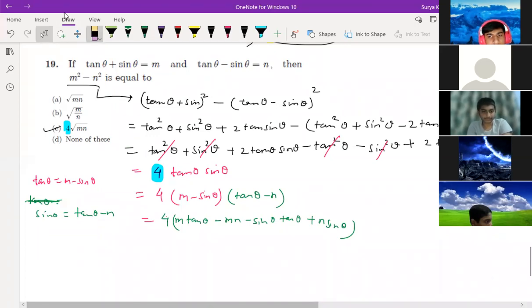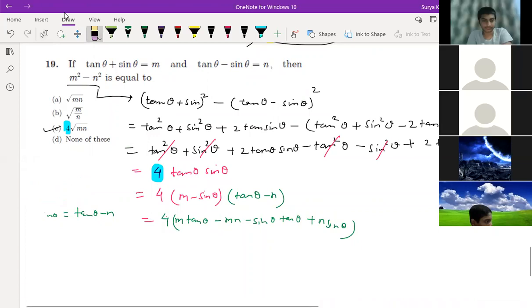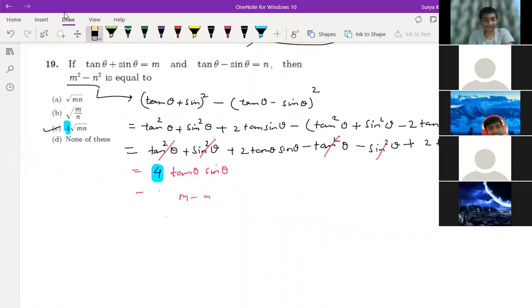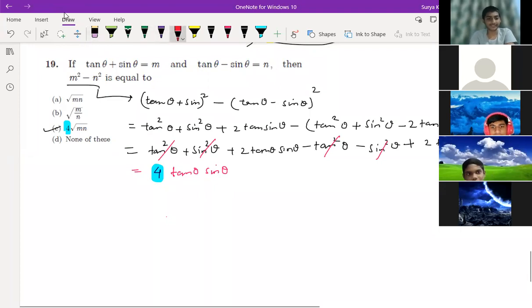What do you do? Miss, you mean to say this 4 is coming, that's why directly you should put a tick in exam time, right? No, sir, it works in every other one. It works. If it works, we do it. If it doesn't work, we leave it. Acha. But it's not for the long term. This is for the short term only. If 4 is coming, you tick it off and come. Not like that. But sir, we look at the answer. I also know the answer will be 4 root mn, right? You should know how mn is coming over here.